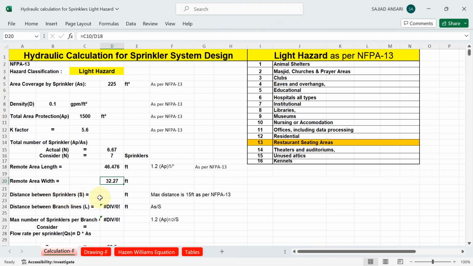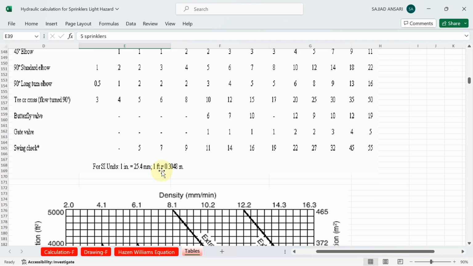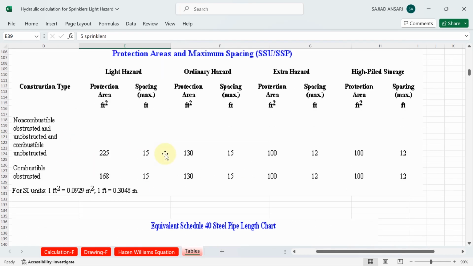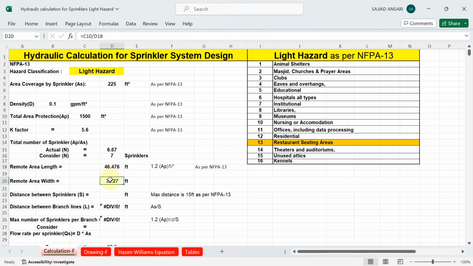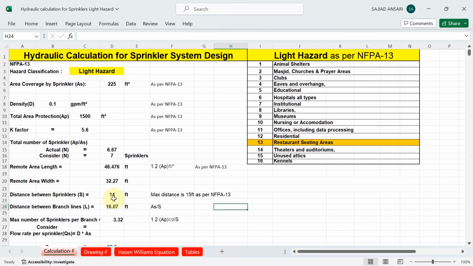Now the distance between sprinklers, how much are you taking? As I told you, you can see it is written here, maximum distance. In case of light hazard, how much maximum spacing do you have to maintain between sprinklers? 15 feet. Here I am assuming one distance between two sprinklers is 14 feet. You can see in this drawing also, from 1 to 2, the maximum spacing we have considered is 14 feet. Sprinkler to sprinkler we are maintaining that, and maximum distance you can go up to 15 feet